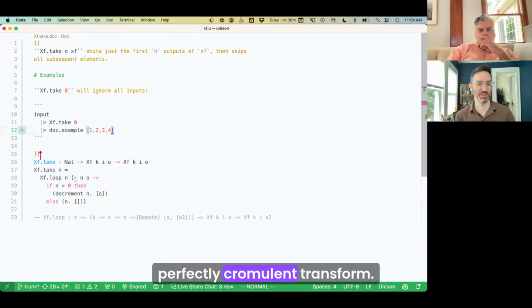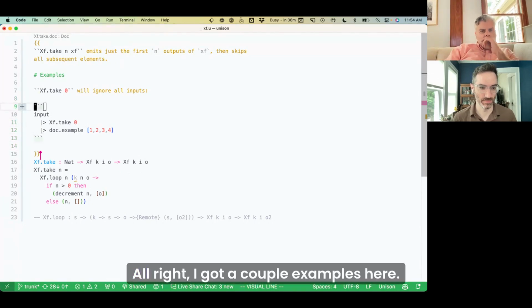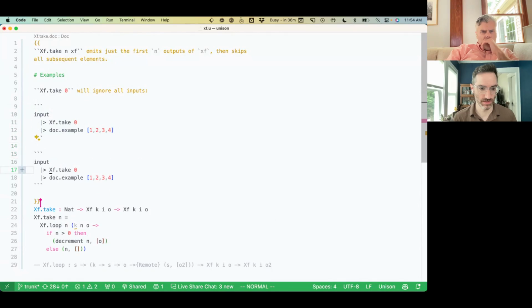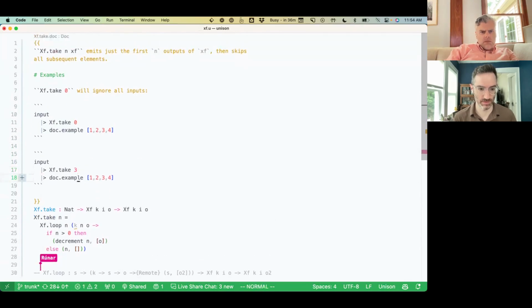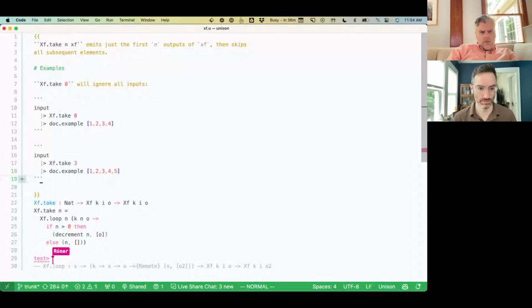Very perfectly cromulent transform. All right, I got a couple examples here. Let's do take 3.